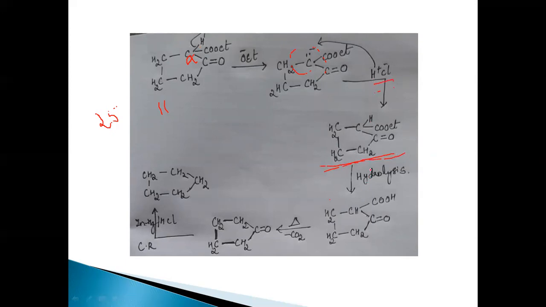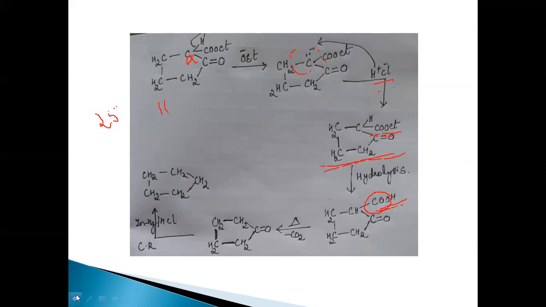And then hydrolysis. On hydrolysis, this ester, COOEt, is hydrolyzed to carboxylic acid. Now we'll get COOH. This COOH is heated now to remove this CO2. This CO2 is removed, minus CO2 on heating will give you this cyclopentanone. This cyclopentanone on Clemmensen's reduction, that is Zn-Hg in the presence of HCl, will give you this final product, that is cyclopentane.